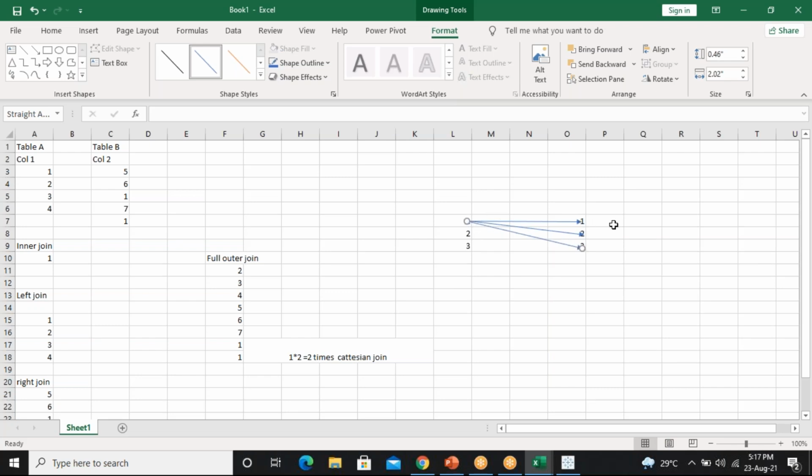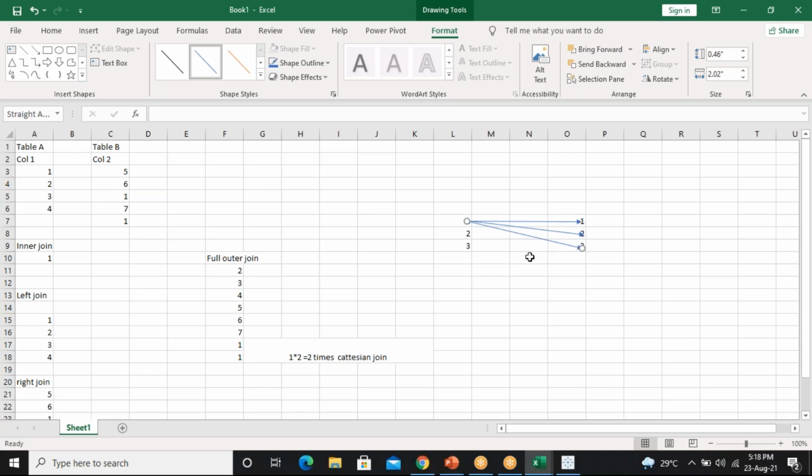Again the same thing. This 1 to 1, 1 to 2, 1 to 3. Again this one to this one, 2 to 1, 2 to 2, 2 to 3. So each and everything will be connected or joined with the opposite side, each and everything.